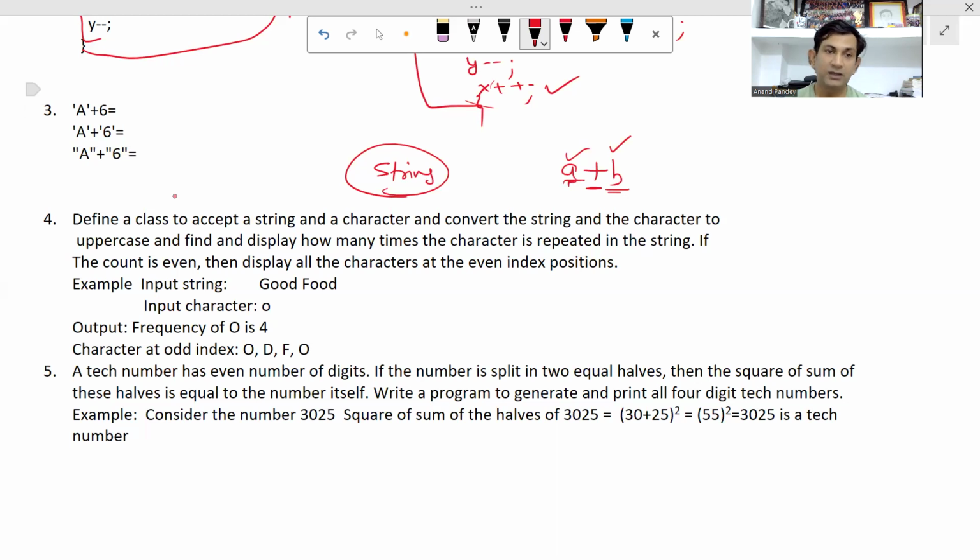Let me show you. Here see, A is a character, it is written in single quote, and 6 is an integer. There is no string. यहाँ पे एक भी string नहीं है, दोनों में से कोई string नहीं है, तो यहाँ पे क्या होगा? एडिशन होगा. एडिशन क्या होगा? ए की ASCII वैल्यू कितनी होती है? अब यहाँ पे कैरेक्टर की ASCII वैल्यू यूज होती है, न्यूमेरिक वैल्यू यूज होती है, तो कैपिटल ए की ASCII वैल्यू 65 होती है, तो 65 प्लस 6 विल बी 71, तो यहाँ पर 71 होगा, इसकी वैल्यू 71 होगी।